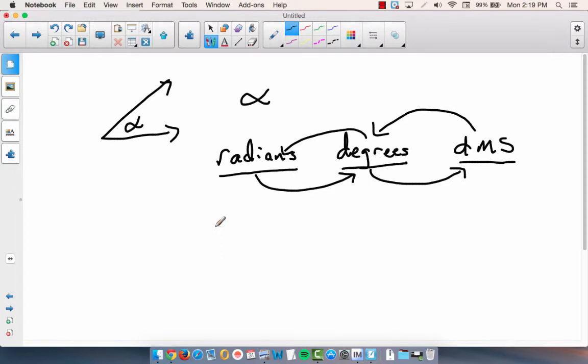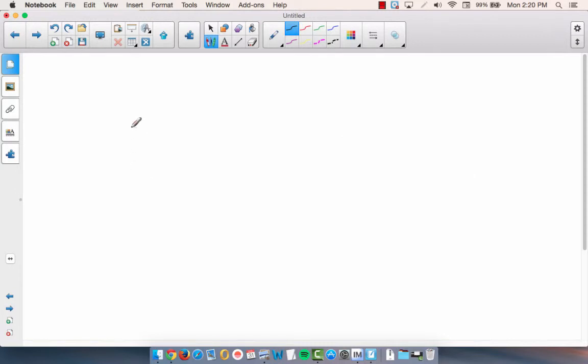So I'm going to give us 2 examples. One is going to be an angle that's in degrees, minutes, and seconds, and we will convert it into degrees, and then from degrees we'll convert it into radians. Then I'll do an example where we convert an angle from radians into degrees and then into degrees, minutes, and seconds. I'm just going to make one up. Let's say it's 42 degrees, 13 minutes, and